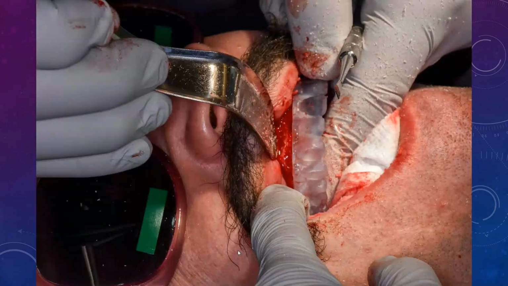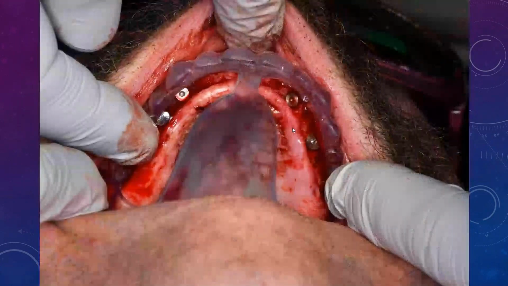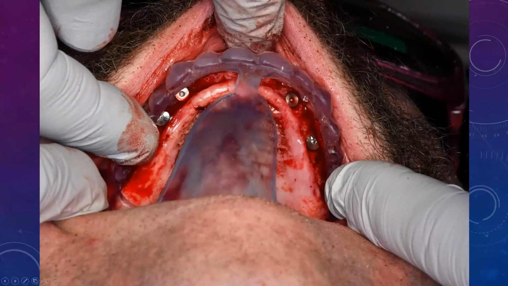Okay, so as you can see right here, this is the one we did for a patient for locator cases. Usually for hybrids, we'll measure from here to here at 15 to 16 millimeters, but for locators, we will do 12 millimeters. And on the inside, you can see that I showed them where would be the ideal position for the implants. On this one, they placed it a little bit too close to that tooth, but still not too problematic. We actually loaded those locators not too long ago, and everything went fine